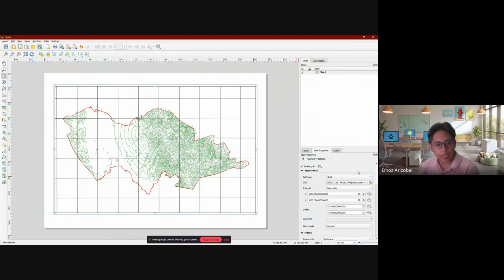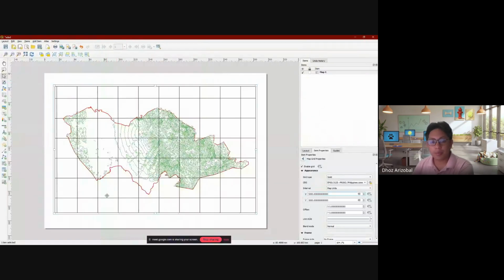So on your basic grid, okay, let's say you choose solid. And if you choose the CRS as metric, so that means you have to think that the map units is in metric. So that means you have to divide your grids in terms of distances in metric. So that's why kay siya kasi sinet ko siya as 0.5. So every 0.5 has a line. So that was on my case. So because it's metric, you have to set it to a higher value to get your 5,000.